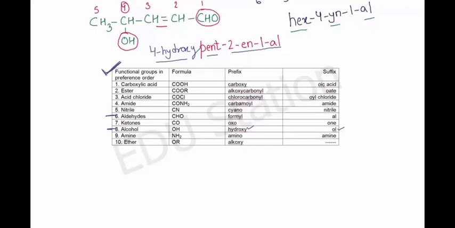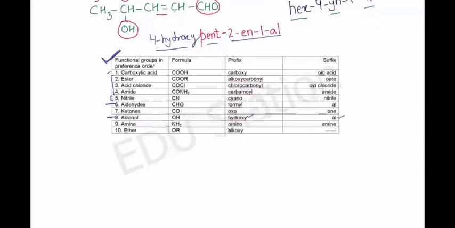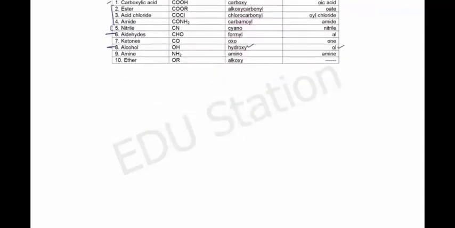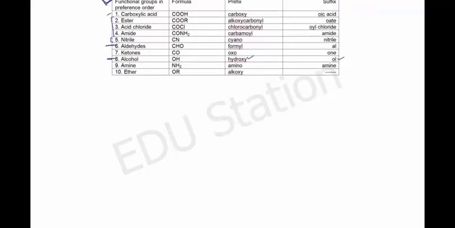Acid comes at the top. This is acid. Then these 3 are acid derivatives. Then you have nitrile, aldehyde, ketone, alcohol, so on and so forth. Only one group can be preferred, and what is preferred is written at the end, which is called as suffix. Everything else will become prefix. Now for example, let's say we have